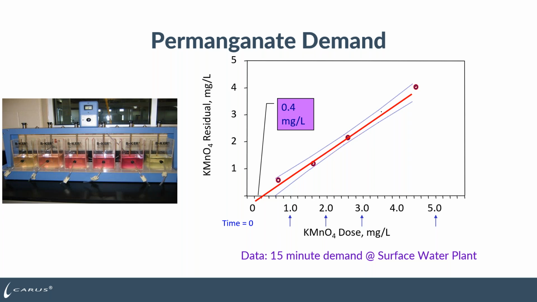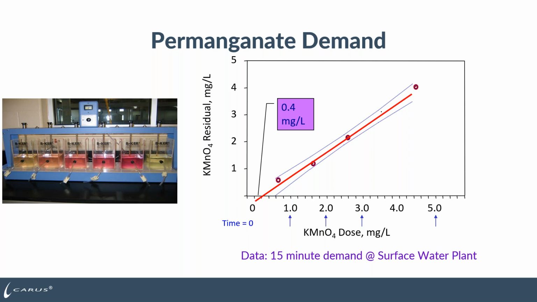What this jar test allows you to do is, now I know in my plant I need to feed 0.4, and then if I measure it 15 minutes later when the water's coming into the plant, I should be at just about 0 residual. So it gives me my dosage for that 15 minutes and how much I should feed, and then I can do monitoring in the plant to make sure I don't have excess residual coming in based